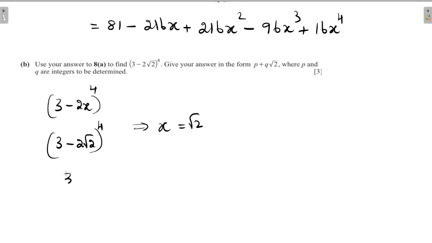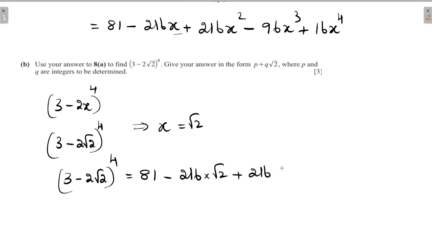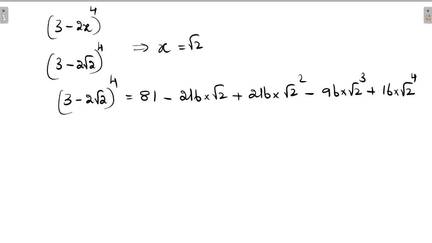So (3 − 2√2)^4 is equal to, let's replace all the x by √2: 81 − 216 × √2 + 216 × (√2)² − 96 × (√2)³ + 16 × (√2)^4. So the simplified answer is 81 − 216√2 + 216 times 2, as (√2)² is 2, so